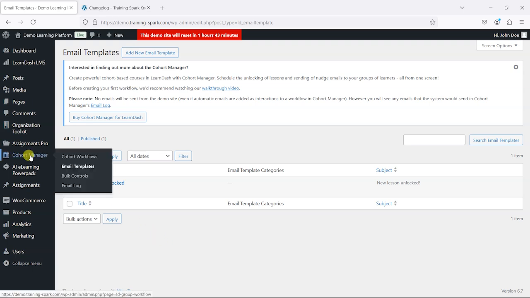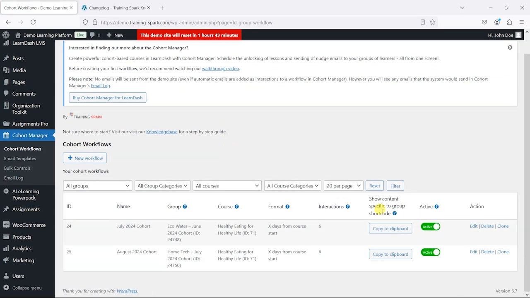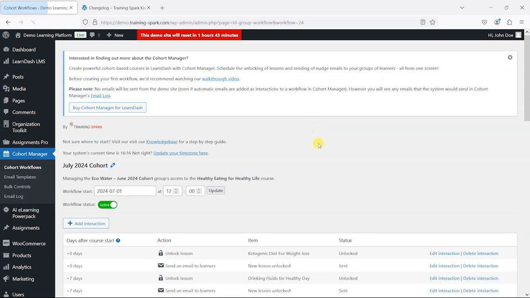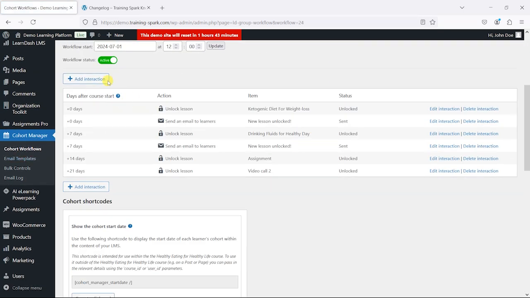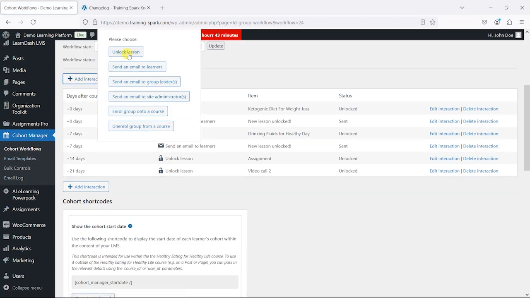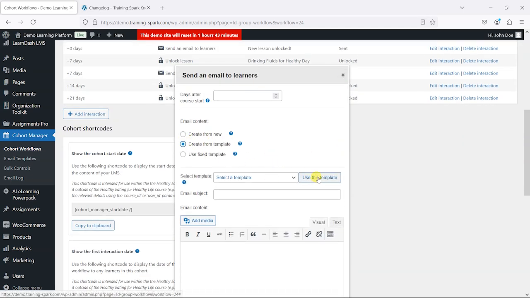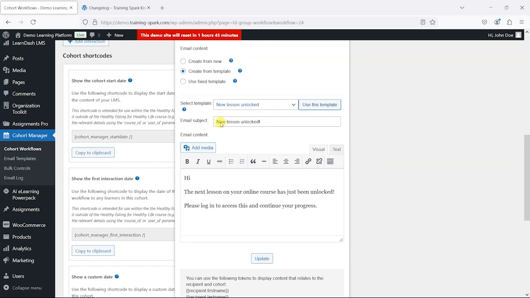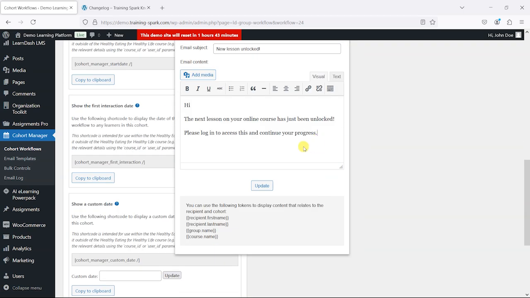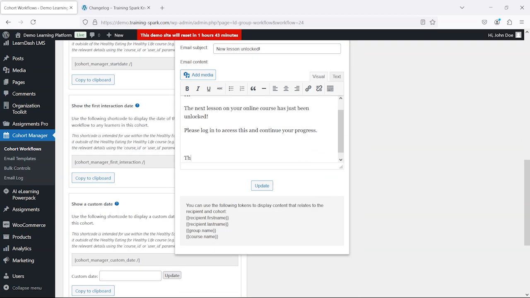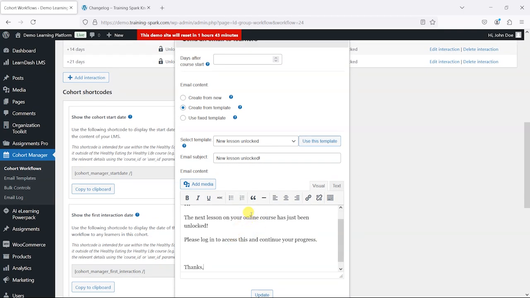And in the past, the way you've added these is by creating a new or working within a workflow, sending an email, and you create it from a template. And what you do is you select the template and bring that in, and then you can make changes to this,